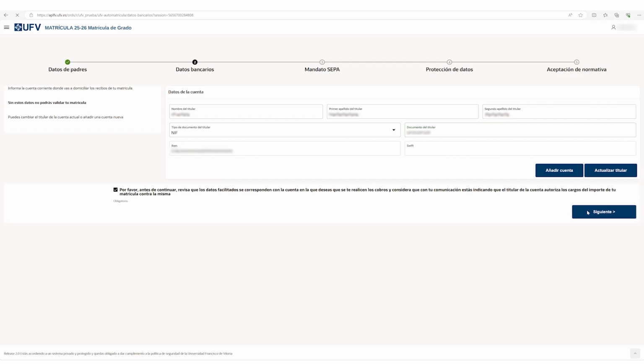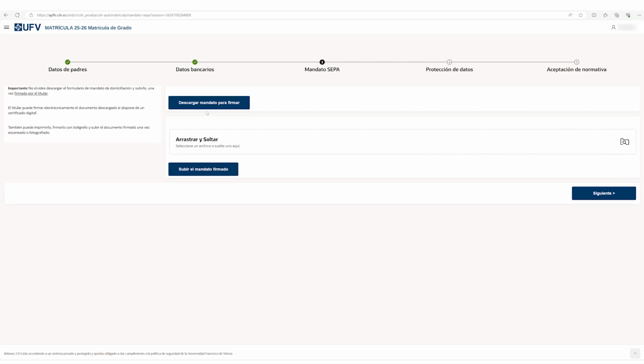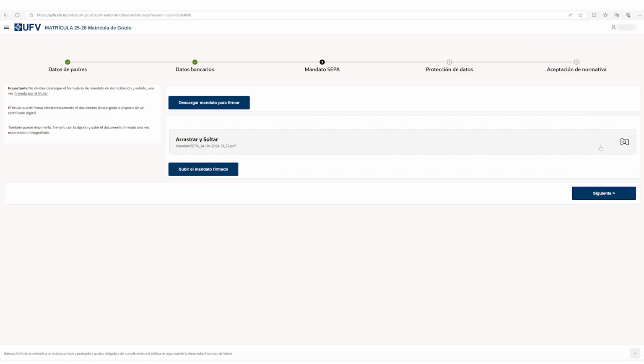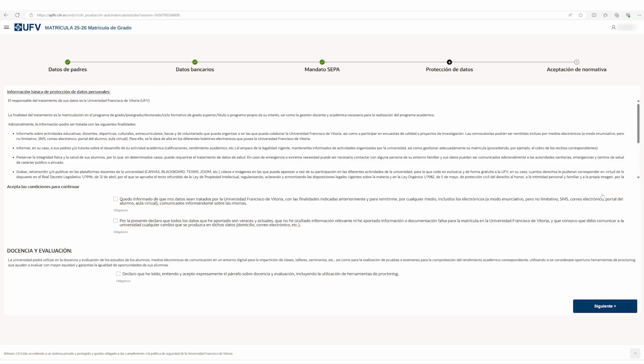We now need to download Mandato de Domiciliación, the direct debit mandate. Once signed, you will need to upload it. You can do this by dragging it into the window or clicking the Upload Signed Mandate button. Once done, click Next. Read the basic information on personal data protection, accept the terms and conditions to proceed, then